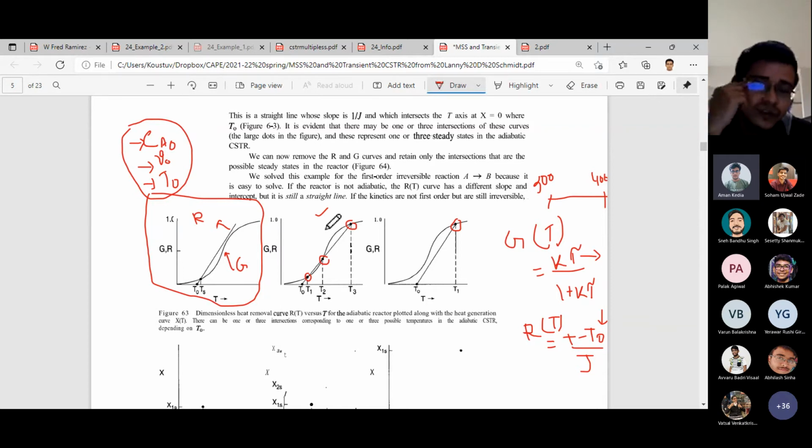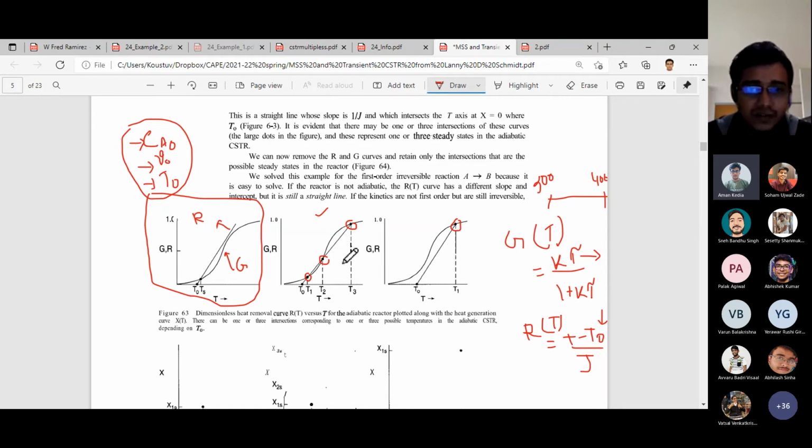Now whether we will consider all the steady states, or put it this way, at what steady state we should operate the reactor so that we are safe, and don't encounter any thermal runaway, right? So this is very much important in terms of the design and operational point of view of a CSTR, where typically non-isothermal reactions are carried out.